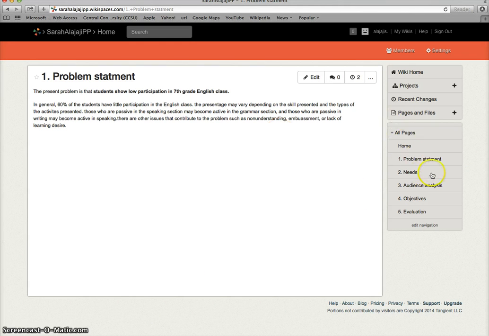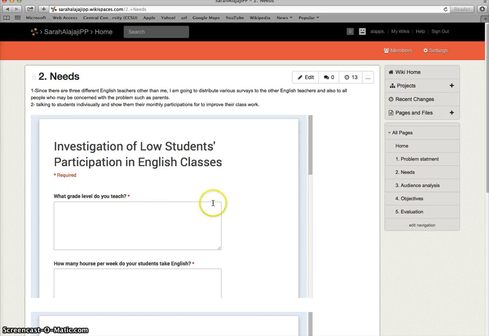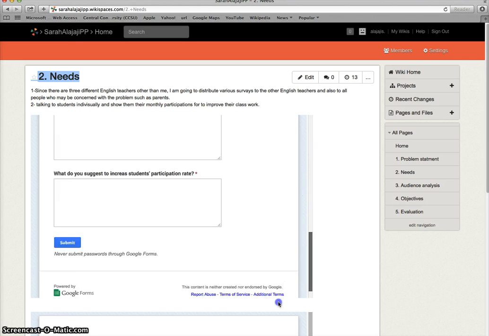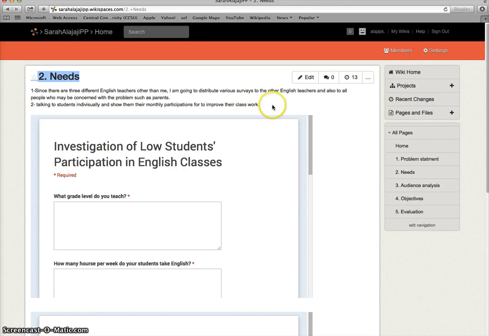Okay. So then the needs. Basically what you want to just ask is what's needed to solve the problem. You don't care about the grade level that you teach. This is part of the audience analysis. So this would be in the audience analysis. So for the needs, you might describe the problem, people are not responding, and so on and so forth. What's needed to solve the problem? So you only need one box and ask them to write down what they think would be needed.